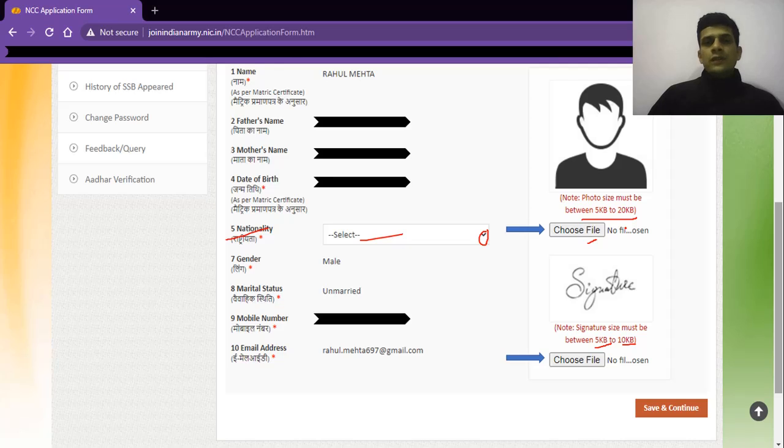Nowadays there are a lot of software or applications to edit the image or photograph to any size. So you can choose any one and just make it a clear picture. I must say it should be a clear picture of yours and it should be decent as well, right?